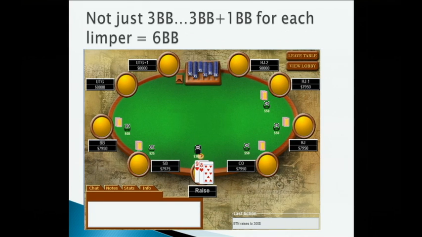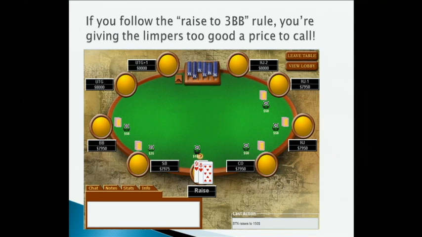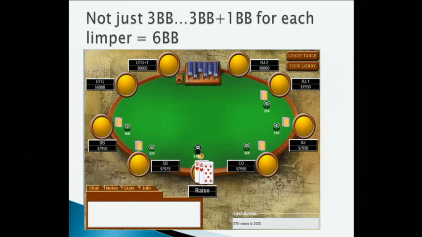Let's say in this case I only make it 150. By the time it's folded to the last guy, they have to put in 100 into a pot of 375, right? That's like 3.75 to 1 odds. That's too good. So roughly the rule is: take whatever size you were going to raise to, and then add a big blind for each limper. This essentially makes it so that the odds are the same as before. So in this case, if you were going to make it 3, I would make it 3 plus 1 plus 1 plus 1, because there are 3 limpers. Okay, and of course, if you only have 15 big blinds, then instead of raising it to 6 big blinds, you might as well just go all in.